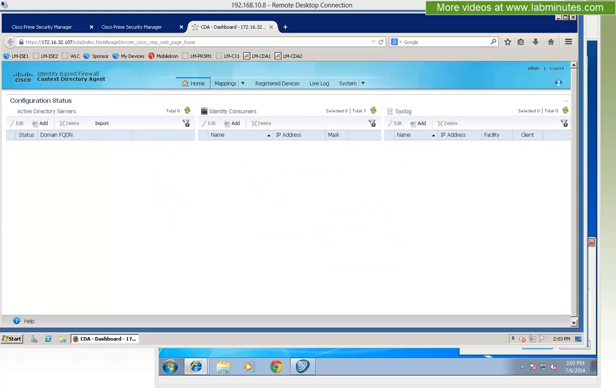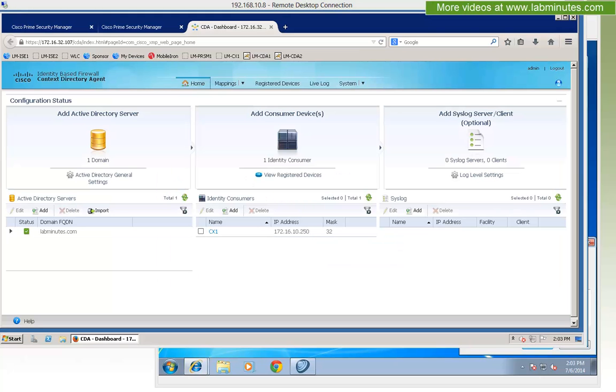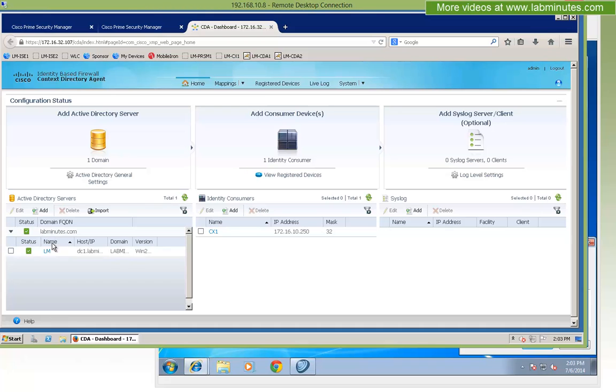Okay, so just to give you a quick overview, CDA is a pretty straightforward server. All it does is join the Active Directory, because as you can see right here, we have that pre-configured to join our dc.labminutes.com. And what it does is monitor the Windows login and log off activity, so that it will be able to tie the username to the IPs and create the user to IP or IP to user mapping. Okay, so it maintains a database or a table of that, which you can see right here, mapping IP to